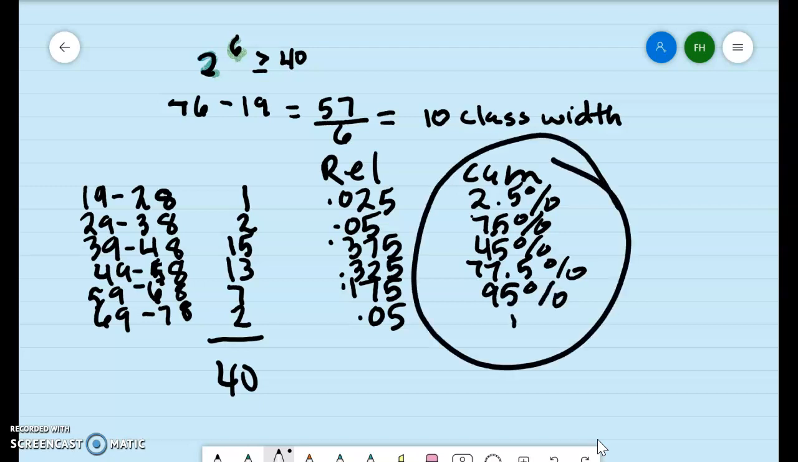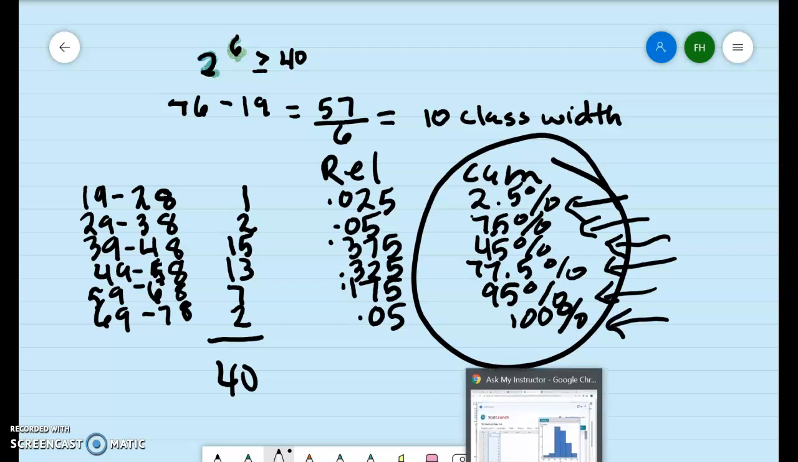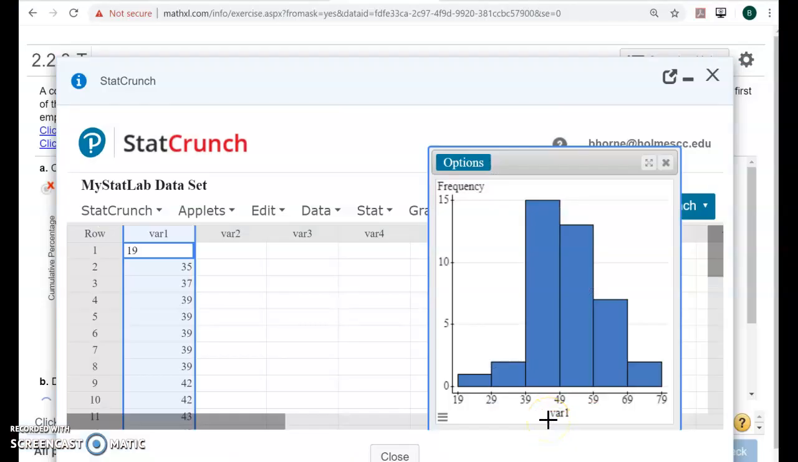So you want to find these numbers in the graph. So the first point should be at 2.5%. Second point should be at 7.5, then 45, then 77.5, then 95, and then finally 100. So if we go back to the problem,